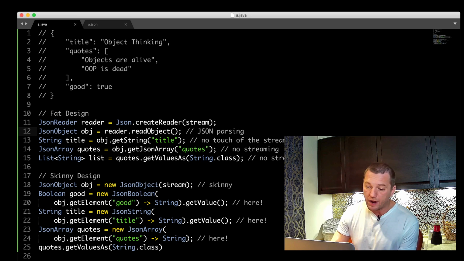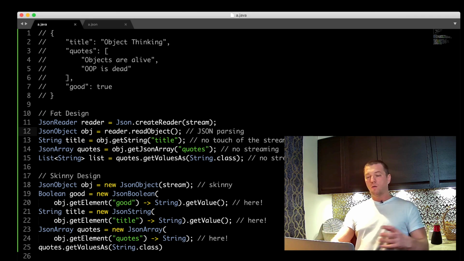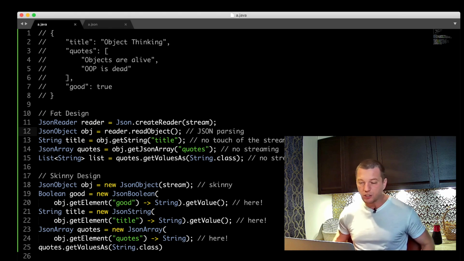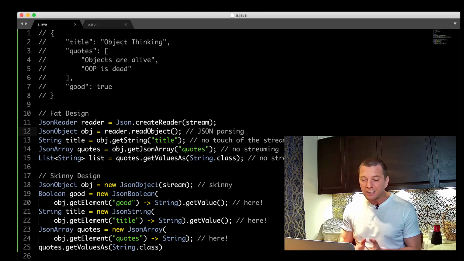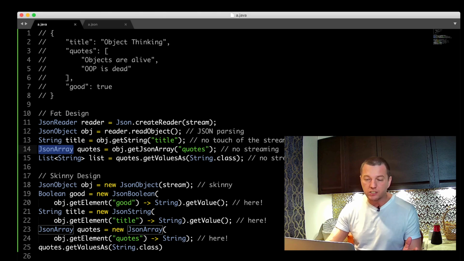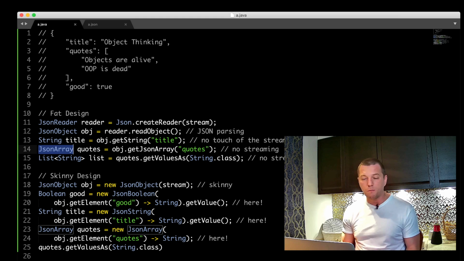So here we have a very non-cohesive object model. In one place we have all the functionality, all the implementation of parsing and understanding the data, and then we let this data go out into this object, like a JSON array, and when the JSON array is there, it doesn't know how the data was parsed.